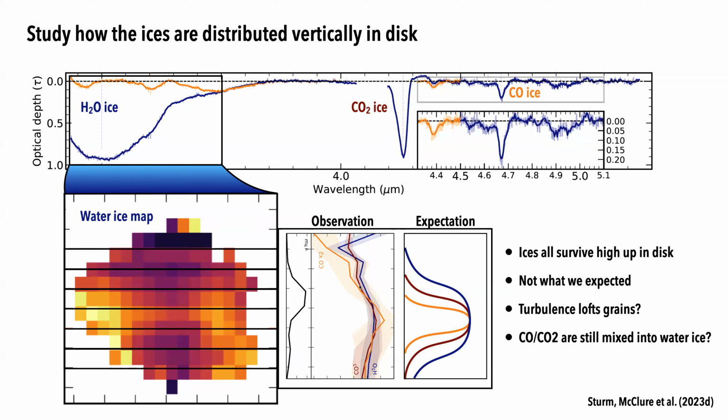So based on what we actually saw, we think that CO ice, which you would expect to sublimate at lower temperatures than, say, water ice, is actually trapped inside of a mixture with the CO2 ice or with the water ice. And because of this, it's carried up into the upper layers of the disk where we don't expect to see it. So that causes the shape here to actually get stretched out and all of the ices to be present